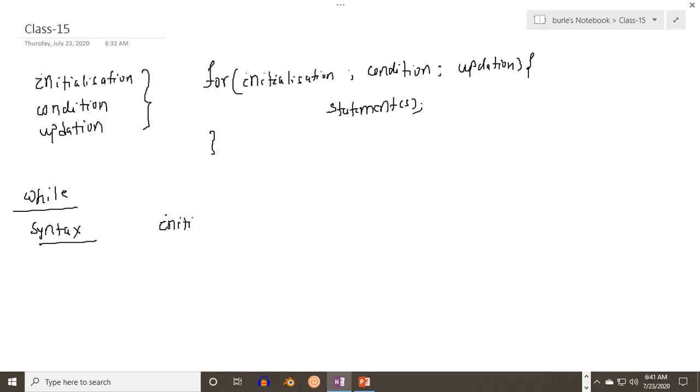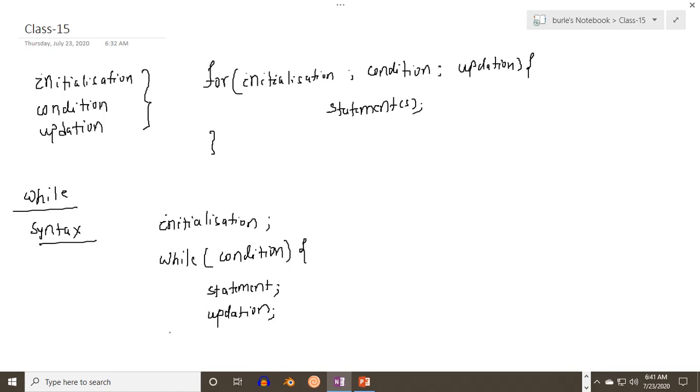Initialization from the beginning, then you go for while, condition, you use a curly bracket, then statements, and then you use updation. It may be statements or statement, that is up to you. This updation does not always have to come after the statement. You can place it before the statement depending on your requirement.